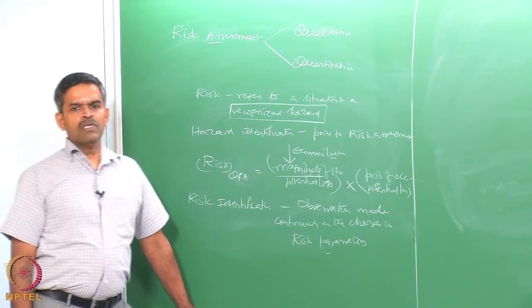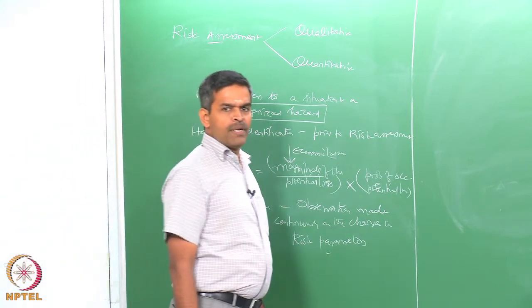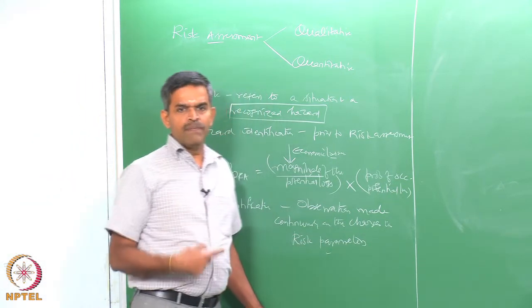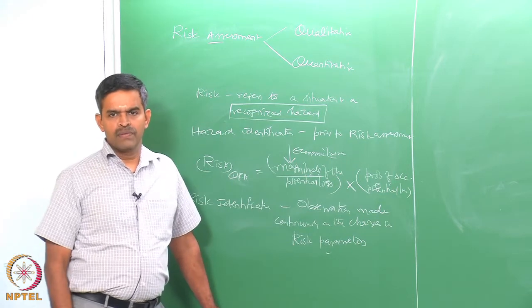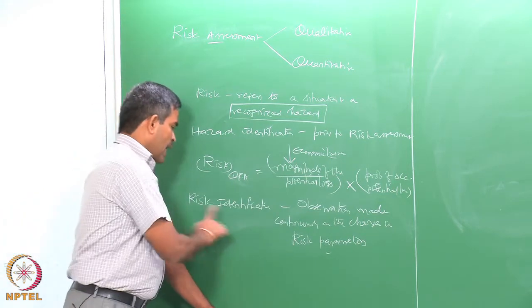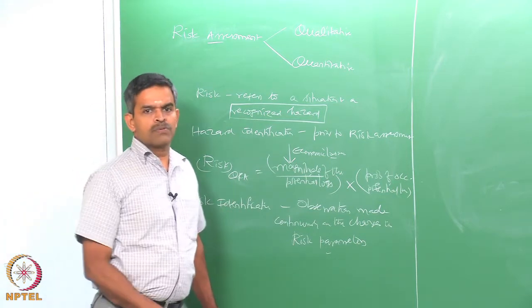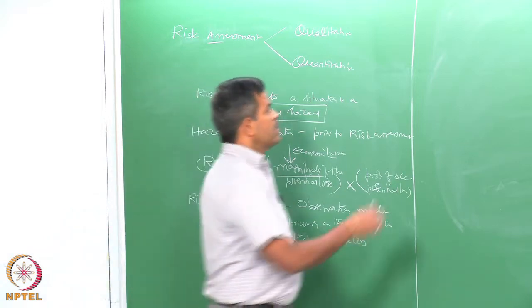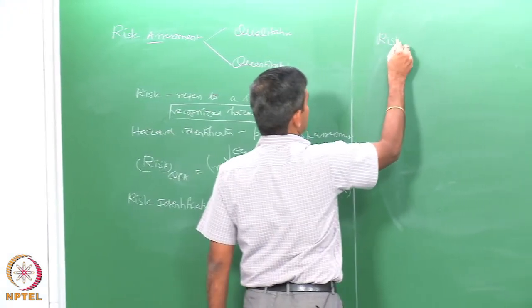So, it is very important that the risk parameter changes should be monitored continuously on the existing process, and therefore, risk identification is a continuous process,